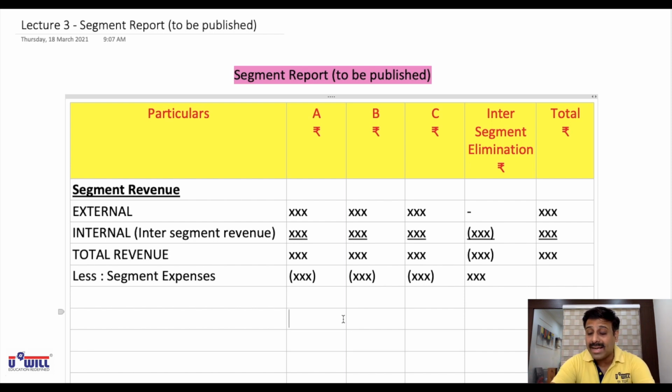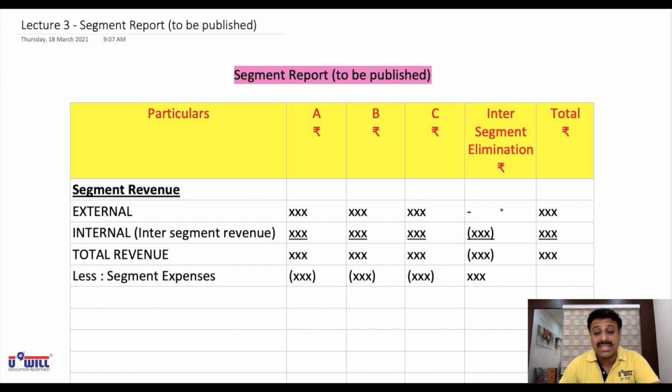But which amount will you add back over here? That is important. If no information is given in the question, the entire amount, the same amount. If no information is given, then the same amount. Why the same amount? The logic is, if Ahmedabad is sending that shirt to Baroda, there are two things possible. The MRP of that shirt is suppose 1200 rupees and the cost of that shirt is suppose 900 rupees. Either Ahmedabad will show that shirt sent to Baroda at 1200 rupees, or Ahmedabad will show that shirt sent to Baroda at 900 rupees. If they are showing at 900 rupees, then that itself is their cost.